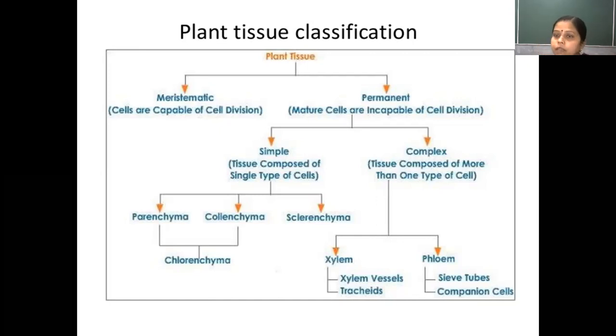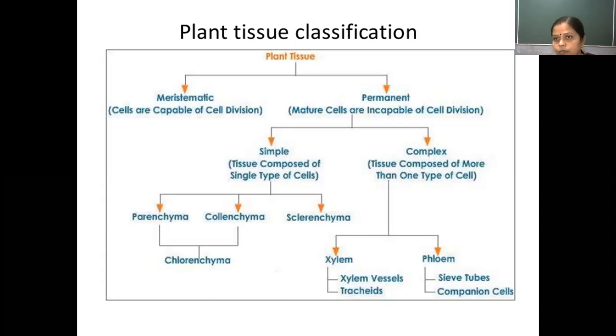In simple terms we can tell the definition of a meristematic tissue: the tissue which is formed by the cells which are capable of division. Such a type of tissue is called Meristematic tissue. The meaning of meristematic is that meristos means to divide. So the tissue which involves active cell division is called